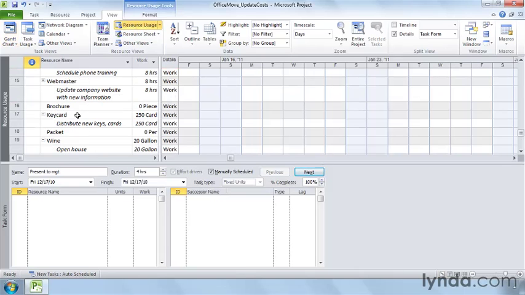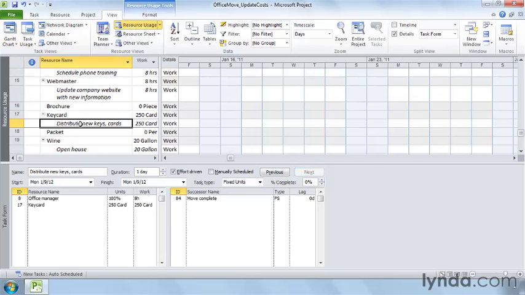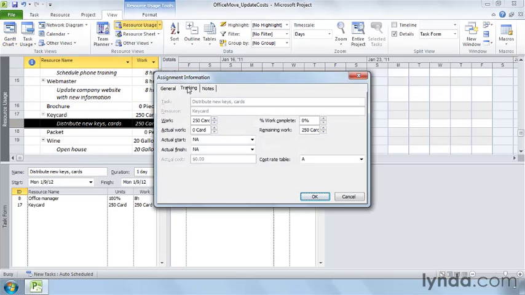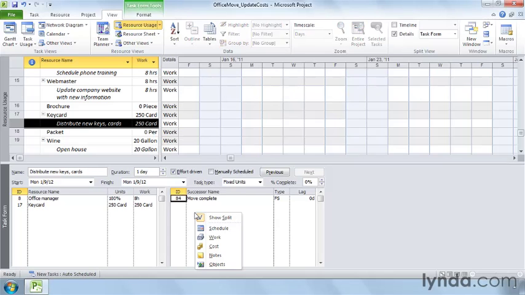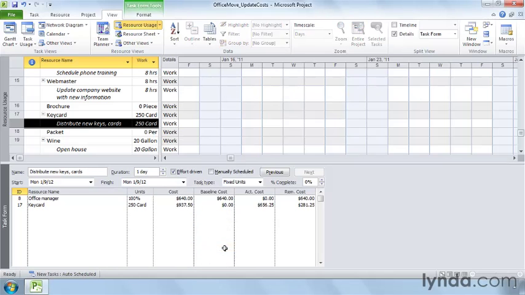In this case, keycard. Double-click the assignment to open the Assignment Information dialog box. And then, click the Tracking tab. In the Actual Work box, type the actual quantity. In this case, let's type 175 and click OK. If I right-click the task form and choose Cost, you can see that the actual cost is less than the